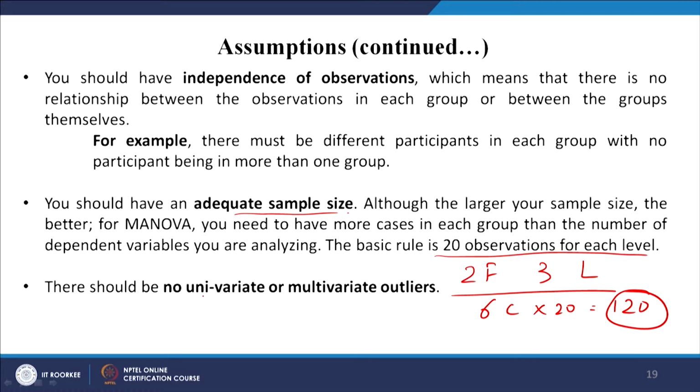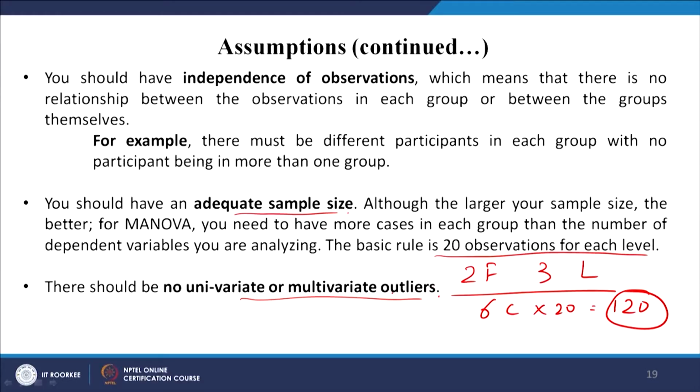There should be no univariate or multivariate outliers. That is very important because you have understood from the very beginning that this is a test of means basically, right. All kinds of T test, Z test, F test, MANOVA, ANOVA that you talk about follow the means, right. So, when you follow the condition of mean, if there is a presence of outlier, it will completely distort the whole statistical analysis, right. So, you should ensure that there is no outlier.